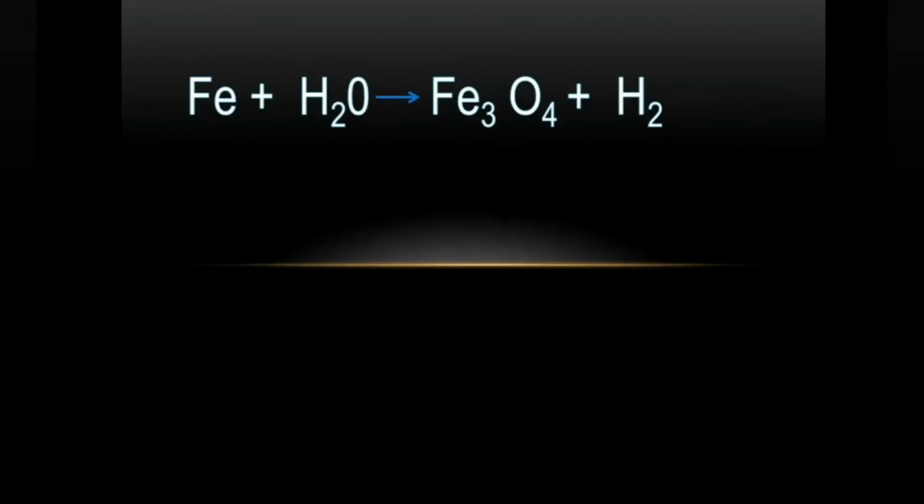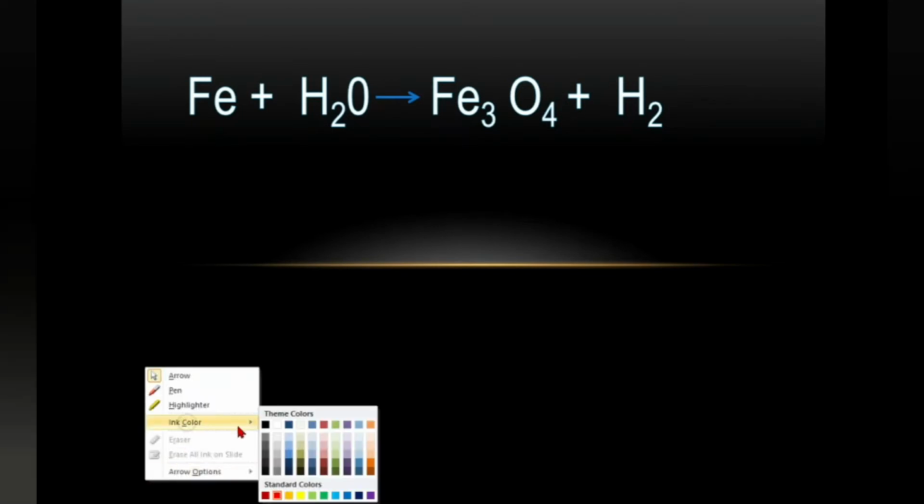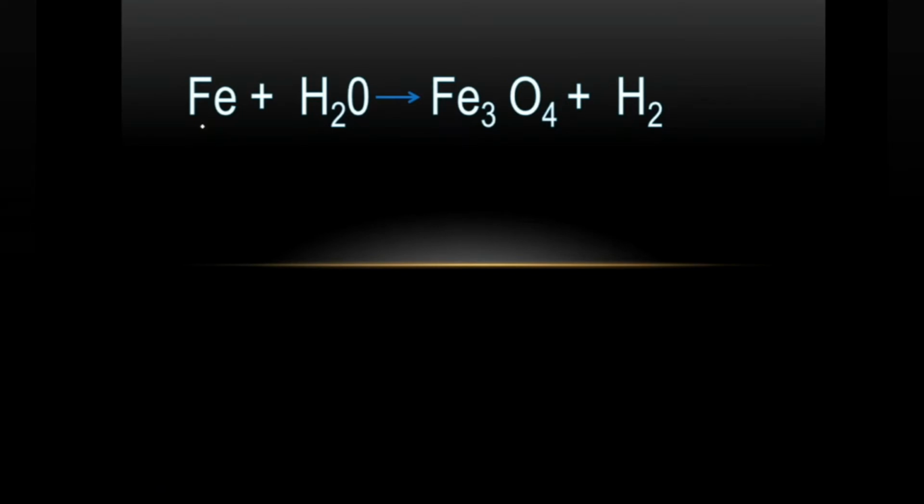First one, I have taken the equation which is given in the textbook itself. So let us start over here. Why do we balance the equation? We balance it because the number of atoms of a same element on the participating side should be equal to the number of atoms of that element on the product side. So here for example iron, here it is 1 atom, here it is 3 atoms. So this part we have to balance. While we balance, the other numbers also change, so that's the reason we need a proper method for it.